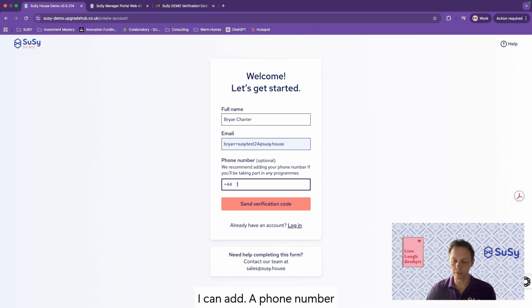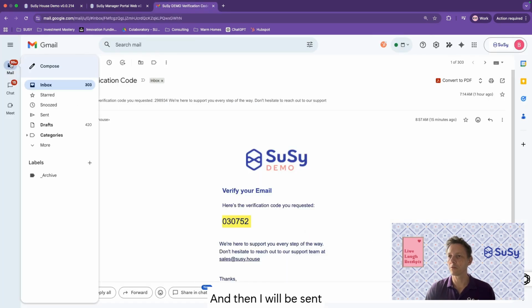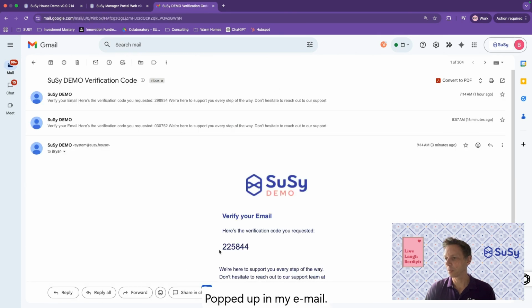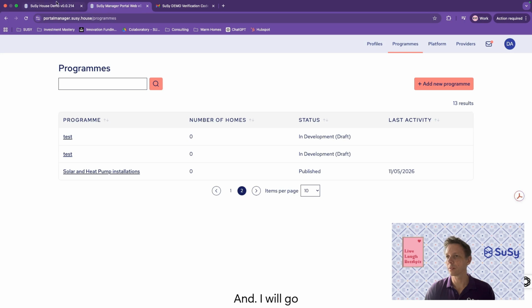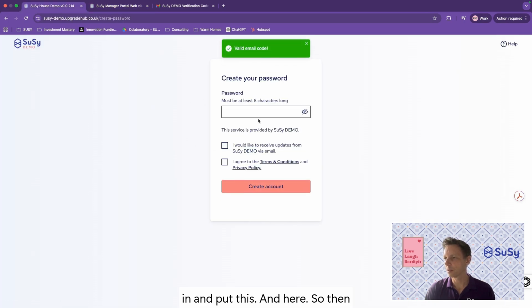I can add a phone number if I want to, or I don't have to. Then I will be sent a verification code that's popped up in my email, and I will go in and put this in here.